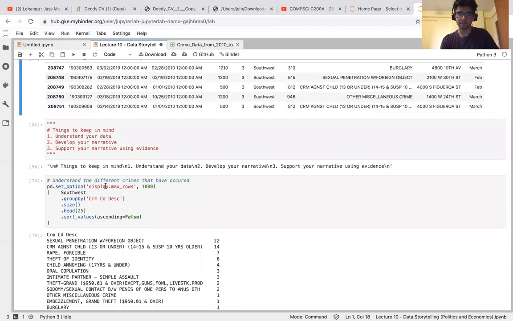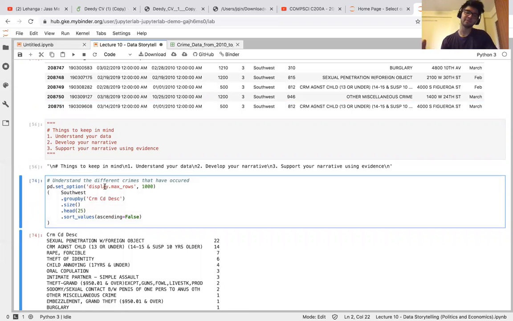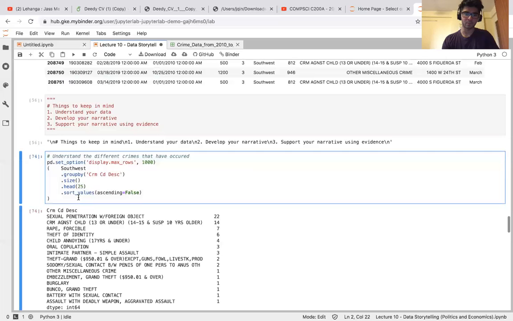So now another thing we might want to understand is the different types of crimes committed, right, in the southwest part of LA. So in order to do that, you can see the code below, which allows us to generate value counts. That is, for different types of crimes, you generate the number of times that the crime has occurred.